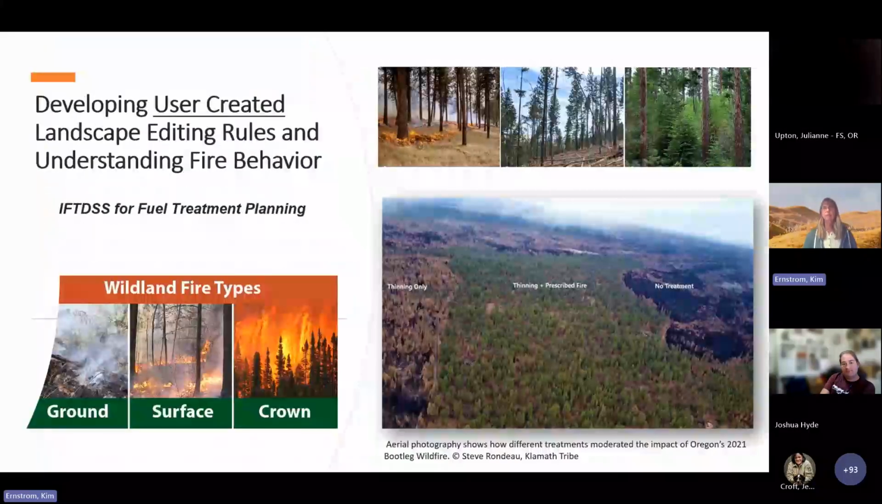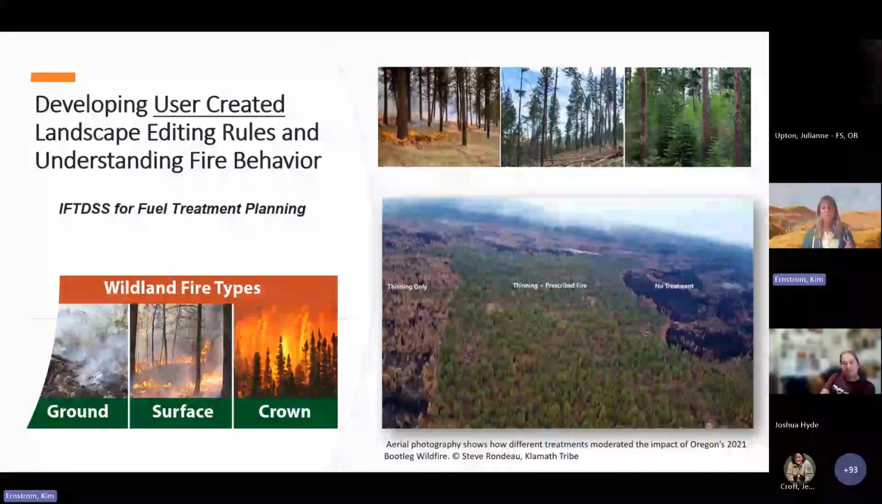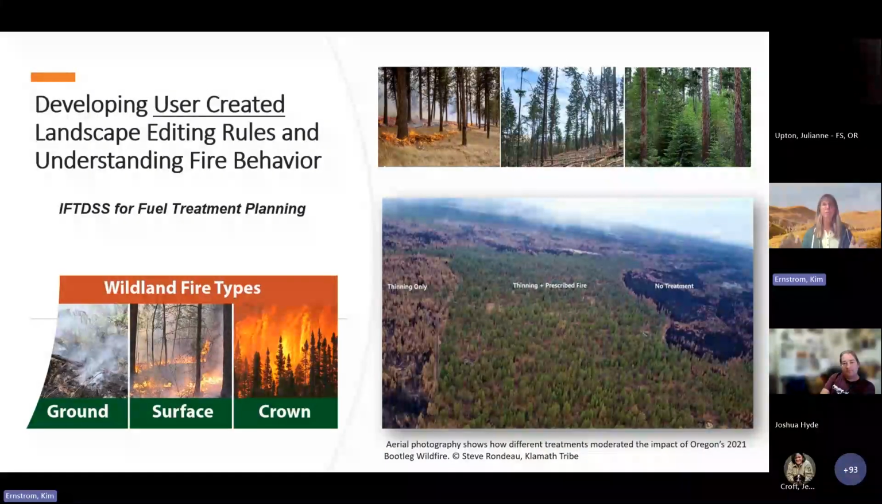Okay, so what I want to do is get on to the main event here, which is talking about these landscape rules in IFTDSS. And we've gotten a lot of user comments and questions. Working with the Fuels Academy, this is a unit that's being developed for the Fuels Academy even further. This coming session that's coming up next year on planning and NEPA, and being a specialist that's contributing to NEPA documents. So what I wanted to do is talk a little more in depth about these rules,